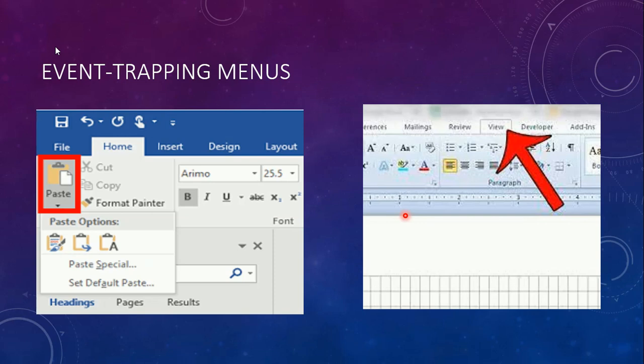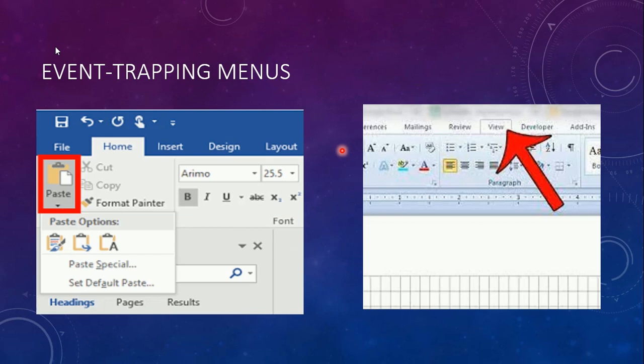Let us see an example here. The menus actually change the content based upon the system state or an event existing at that moment. What is that meaning? The menus can also change the content based upon the system state or an event.